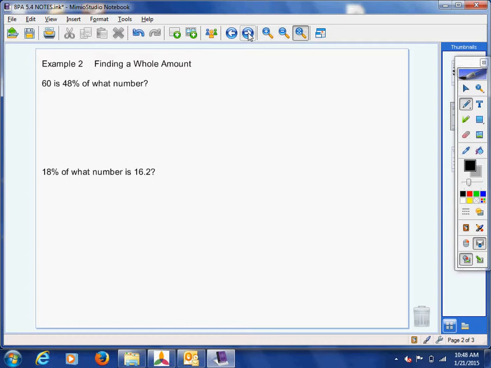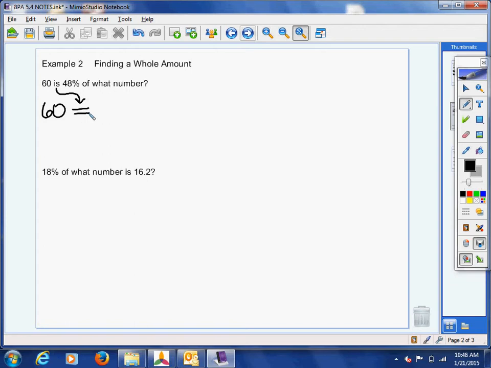Okay. Now, example 2, we're finding a whole amount this time. Okay? And this one's really interesting. You can do it with a proportion. I'm going to show you the equation way of setting it up, okay? Here's the equation way. Is you literally write, every word has meaning, okay? So I drop down my 60. Is in math literally means equals. Is means equals. 60 equals